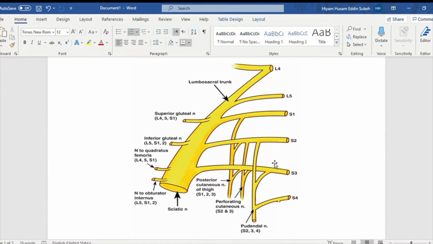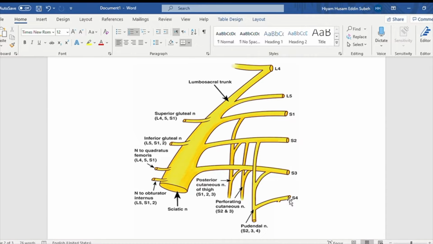I'll be discussing the sacral plexus. So the sacral plexus originates from the lumbosacral trunk, which consists of the anterior rami of L4 and L5. In addition to the lumbosacral trunk, the sacral plexus also consists of the anterior rami of S1, S2, S3, as